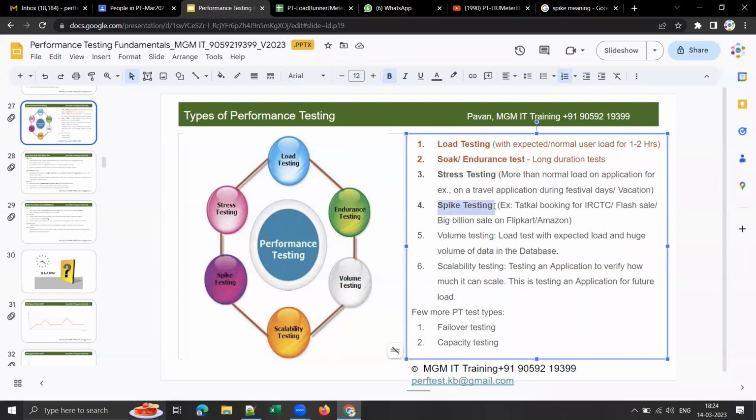Other than that, we have a couple of other types of performance testing, like volume testing and scalability testing. Not so important, but these four are very important: load testing, soak testing, stress testing and spike testing.